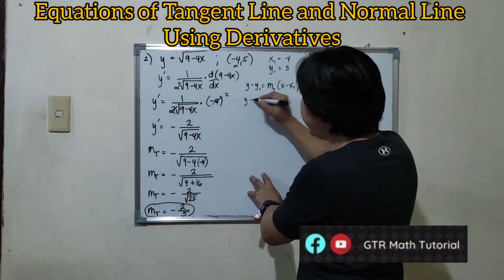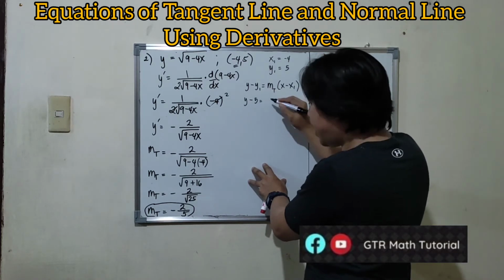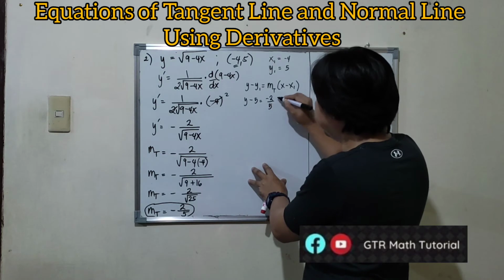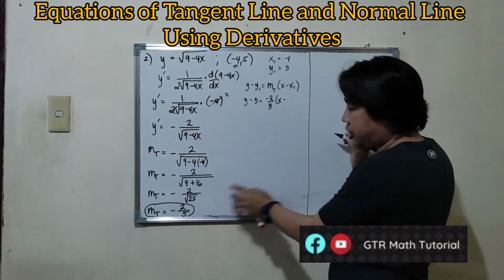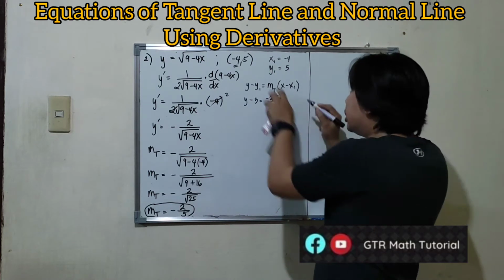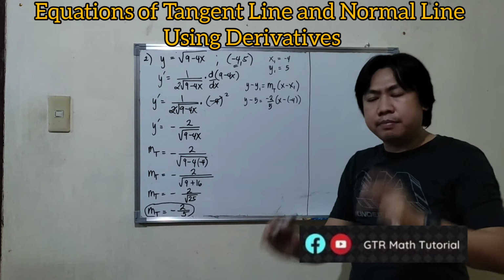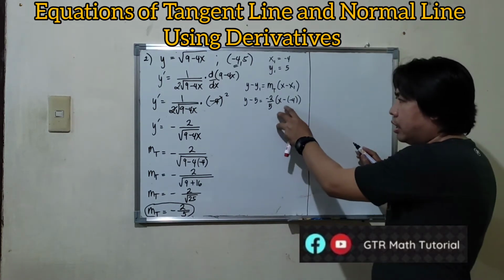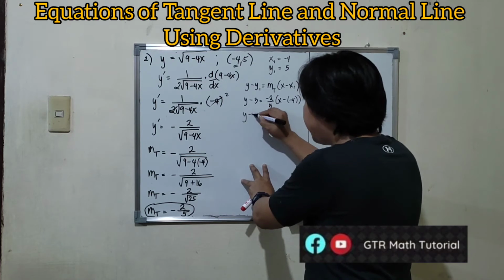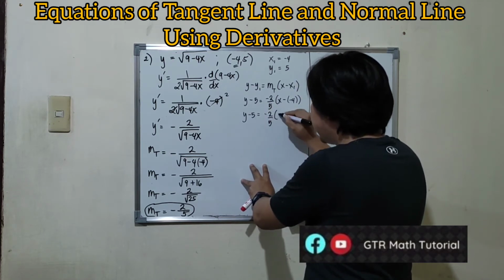So we have y minus 5 equals negative 2 over 5 times x minus negative 4. Two negatives, double negation yun. So simplify first. So we have y minus 5 is equal to negative 2 over 5 times